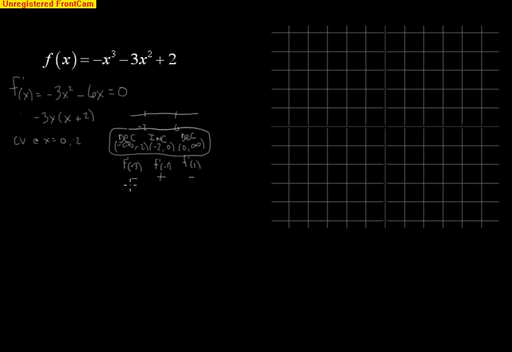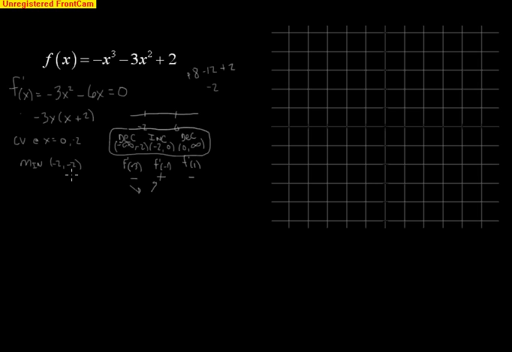And now, because I know I go from decreasing to increasing, I know that I have a min at negative 2. And to get the y value, I'm simply going to plug negative 2 into this equation. So that's going to wind up giving me negative 8, and then negative 2 squared is 4, so that's going to be minus 12, and then plus 2. Actually, the negative here is going to be positive 8, so I'm going to wind up with 10 minus 12, which is going to be a negative 2. So at negative 2,